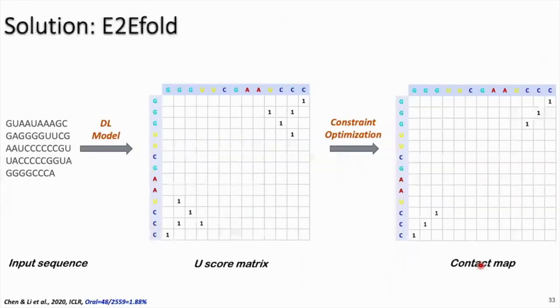And here's our idea. First of all, we want to resolve a translation without a constraint problem. Given the input RNA sequence, we want to translate it into a U-score matrix. And within this U-score matrix, there might be some entries which don't satisfy the constraints. But it's okay. We will first use the constraint optimization to enforce the constraints and then remove those entries. So eventually, we will output a contact map which satisfies all the constraints and has a high correlation against this U-score matrix. However, this two-step solution is not our ultimate solution.